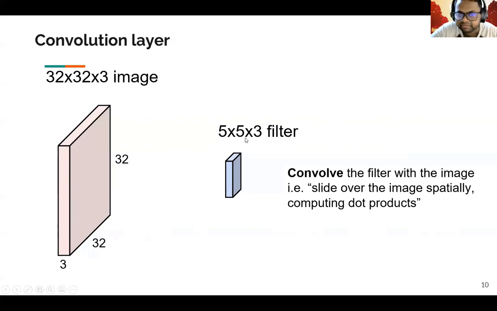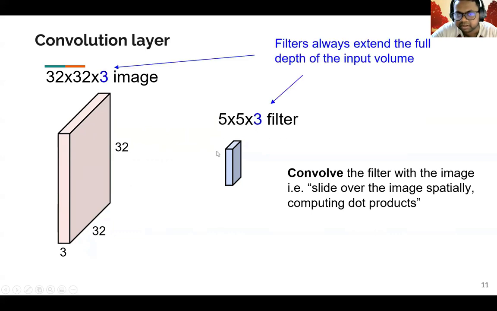So this 5 by 5 will be mapped onto this original image, and you superimpose to compute the dot product between each pixel here to each pixel here. Obviously each pixel or each node in this image will be mapped to one node in this convolution filter. Since there are 3 dimensions here, you need to have 3 dimensions here as well. Then only you can perform the dot product. So that gives us a dot product for each of these. And then you can also perform the dot product of the other dimensions as well.